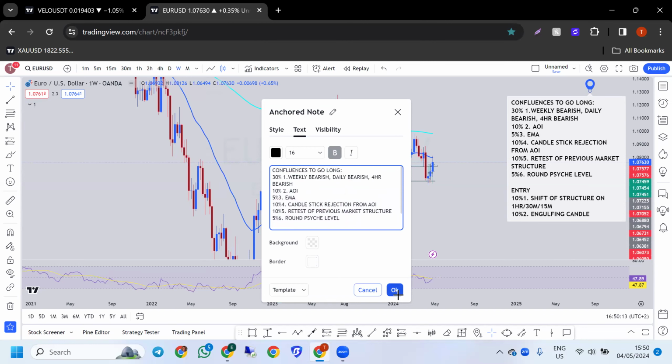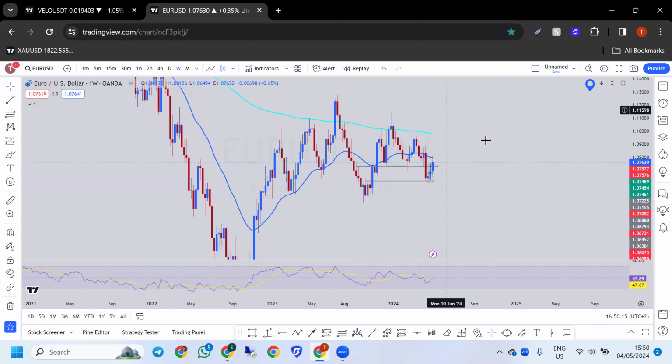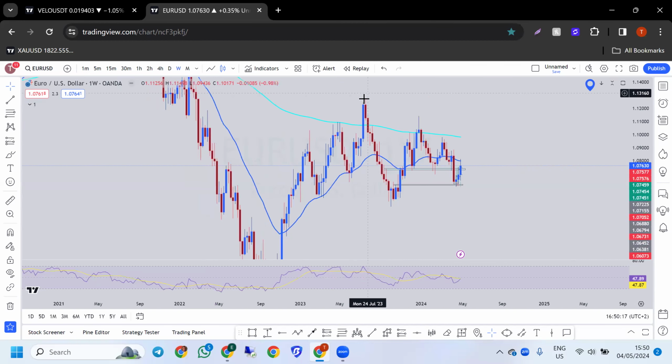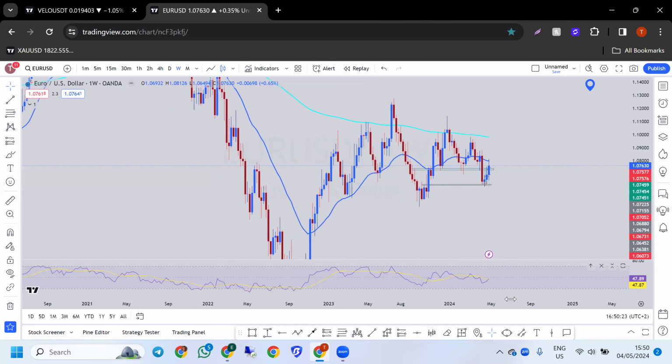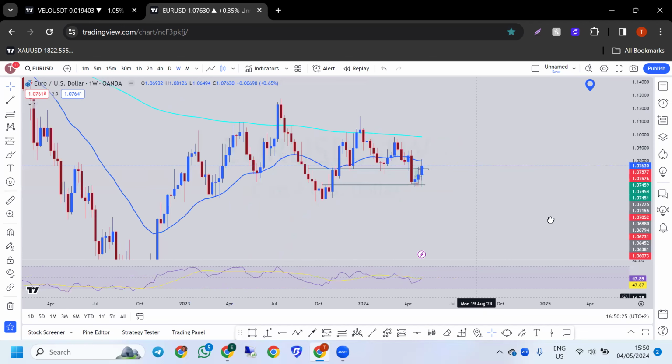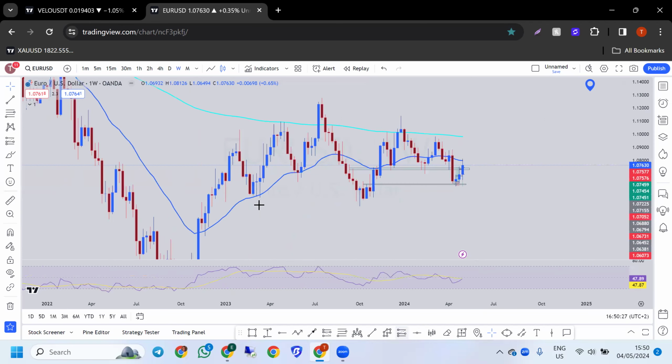If you don't know how we get it, you can see the market formed a lower low and was forming a lower high right here on the weekly time frame. Then we are having a higher high. I want to make this video very short. Then we had a lower low. Everything that was happening in here on the weekly time frame was just market structure, nothing else.